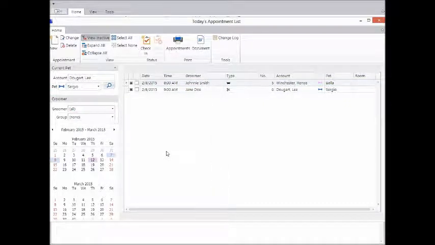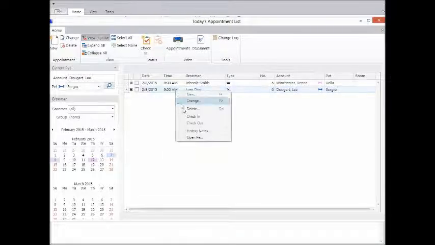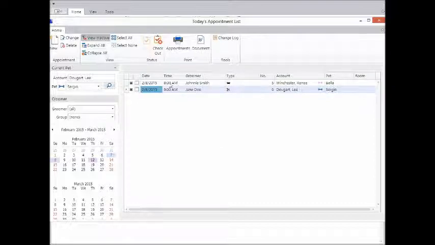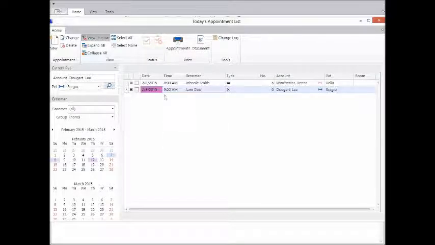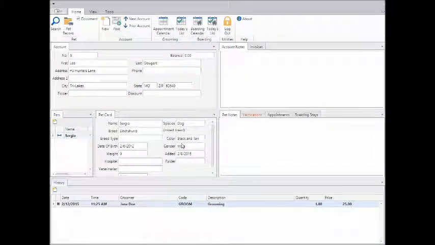Back to today's appointment list. We are now going to look at how check-in, checked out, undo check-in, undo checkout affect history. We're going to go to Sergio. We're going to check Sergio in. Sergio has been here for his grooming, so now we are going to check Sergio out. When we check Sergio out, notice the color change. I'm also going to do a right-click, Open Pet on Sergio, and you'll notice once we checked out, the entry